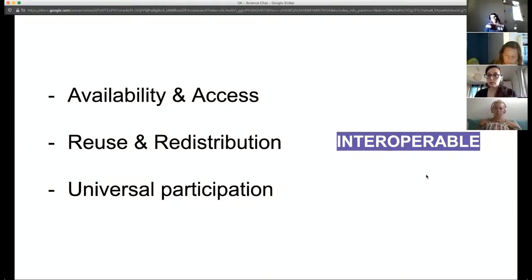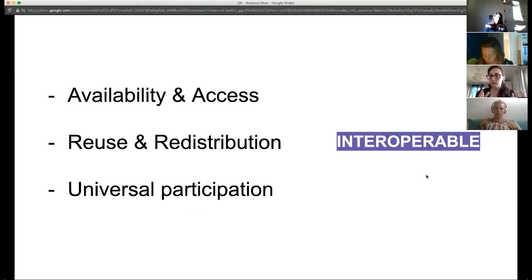And universal participation is quite important, because a common misunderstanding with openness is that if something is open, it's not commercial, that you cannot make commercial use of it. In fact, the open definition doesn't say that. Universal participation means that you can do whatever you want with the data, even make a business out of it. And another very important part is that it should be accessible, for example, in terms of language, so that people are able to use it.